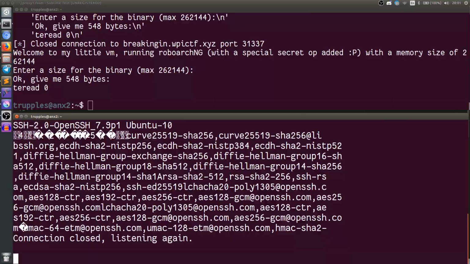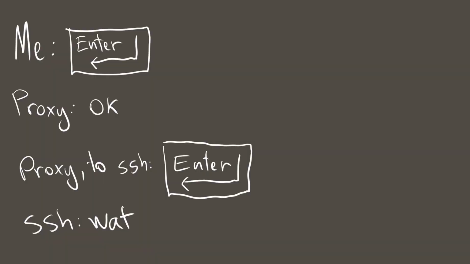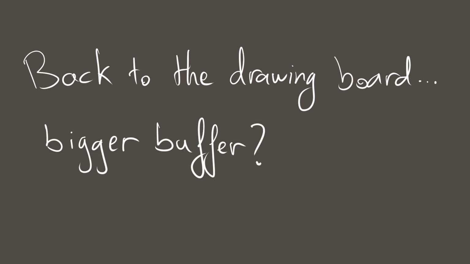What happened is that when I pressed enter, the proxy sent that to the SSH server. This is bad, as most probably a whole bunch of new line characters are not what it expected, so it closed the connection. Damn. One way to fix this would be to just make the buffer bigger, but that doesn't